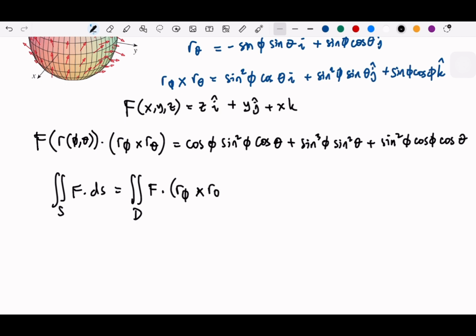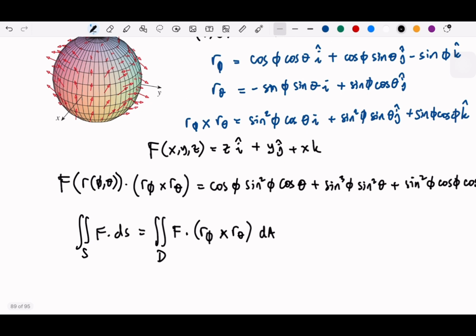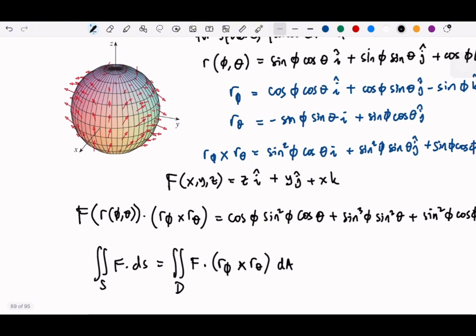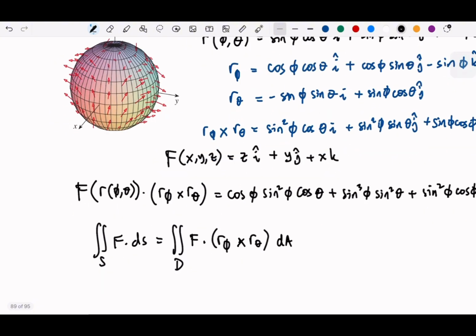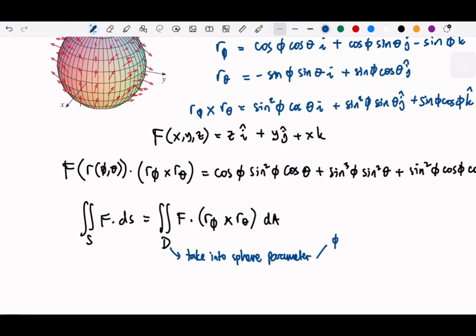Cross the r theta dA, and we can take the D as the circle or the sphere. Now we take D into the sphere parameter, which is the sphere parameter will be phi and theta. So phi will be based on 0 to pi, and theta will be,